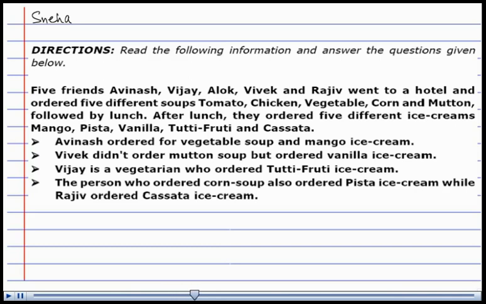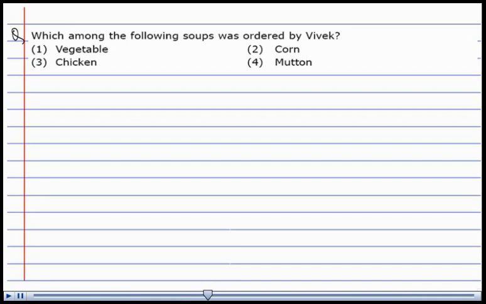The question is: which among the following soups was ordered by Vivek? The solution is: